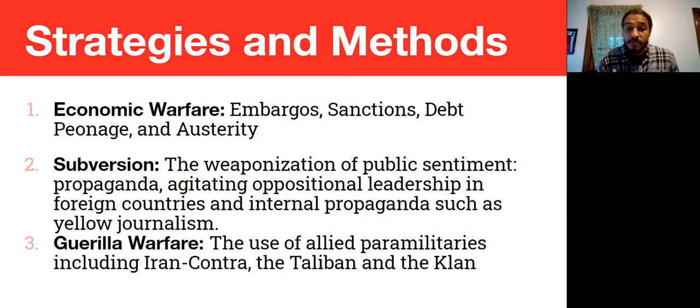Debt peonage, like I explained with Puerto Rico, but this also works in America. That's what student loans are. Your student loan is a way of creating perpetual debt that you can never escape. In the same way that we try to create perpetual debt to Puerto Rico, we do that to our own people, because we know that if you are constantly in debt, then you have less ability to fight back against the system in which you are in. You have less authority and you have less control over your life.